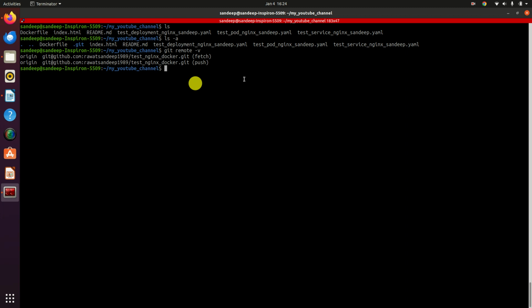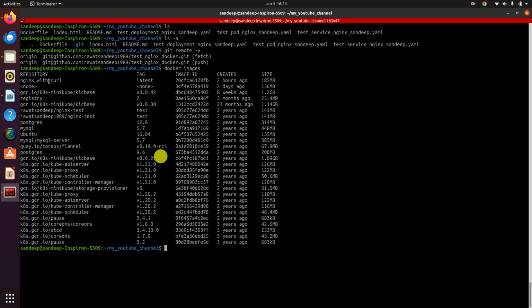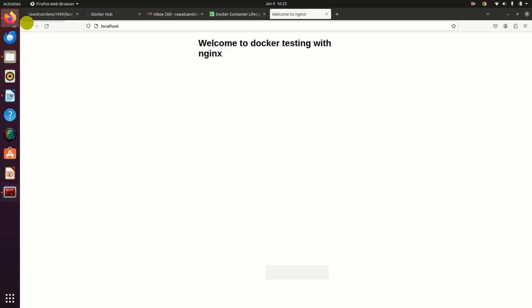And to store the Docker images, we will have to put them in Docker Hub. So here if I show you docker images, to store this image somewhere, we have Docker Hub as a repo where you can store this image. So now I will try to push this image to Docker Hub, but before pushing it there I will have to see,